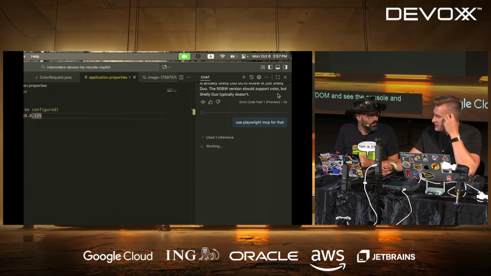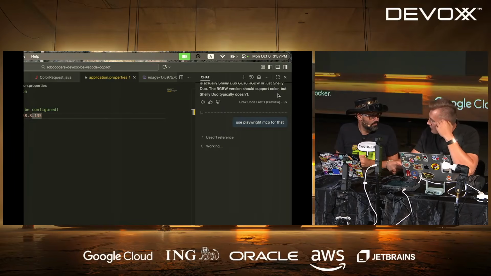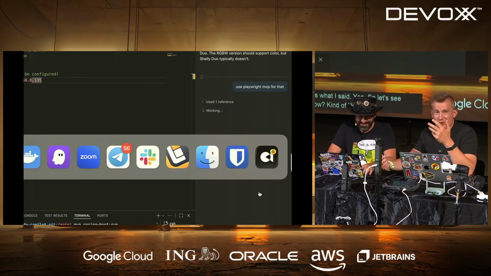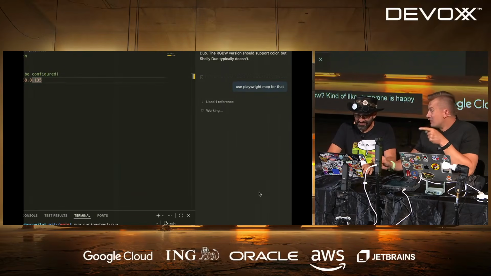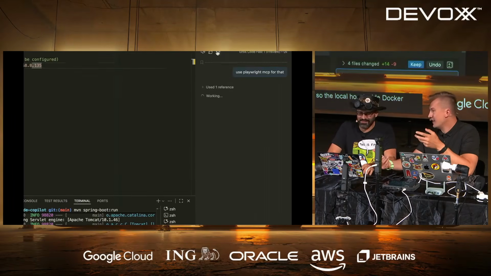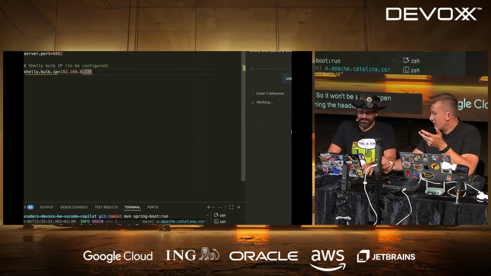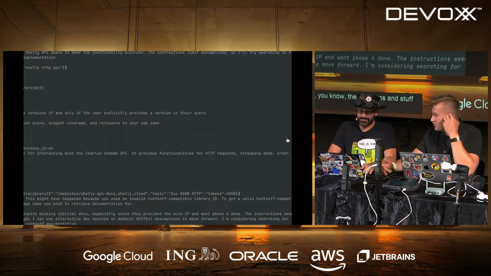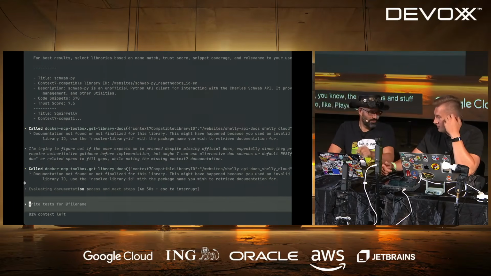It's going to be the same problem. You need to run Playwright not in Docker. You also didn't pay attention to what I said. Yes, so let's see how the good partnership works. Everyone is happy because no one is listening. All right. Yes, your Playwright most likely will be running inside your Docker container, so the localhost inside the Docker container would be a different localhost, and it won't be able to open anything. Yeah, exactly. Since you're running in headless mode, it will not be able to open the browser, so there will be problems. Okay, so you can switch to a Playwright that is local. Yeah.